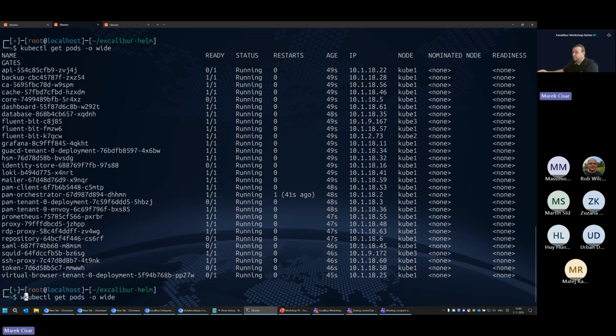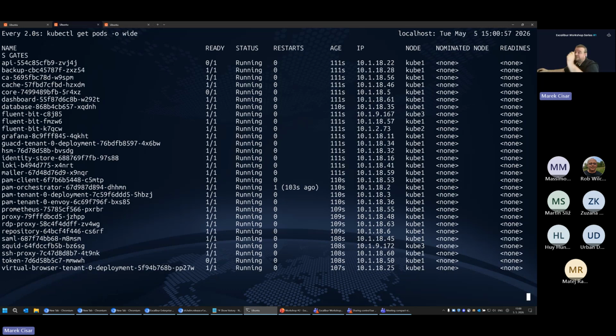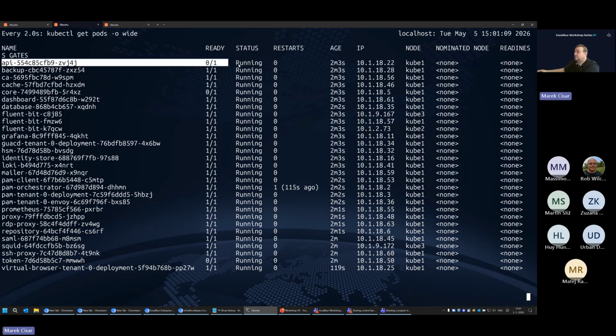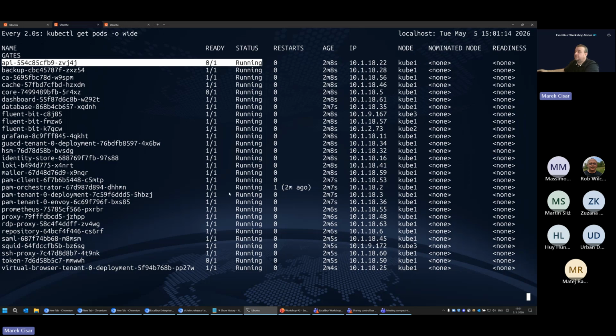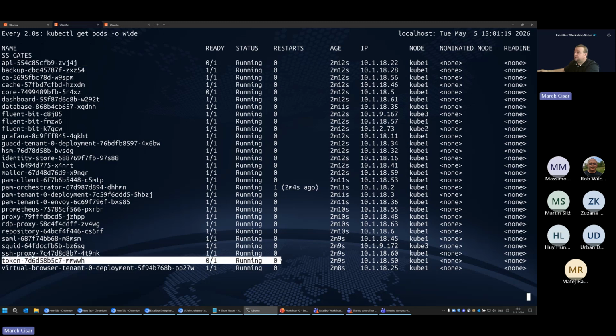Okay, let's try to periodically check what is going on with my deployment. And now I can see there is already some change. The repository is already running. Fine, that's nice. The core component is still not, API is still not, but it is progressing. So we need to wait a little bit more. Also, the token microservice is still not available.